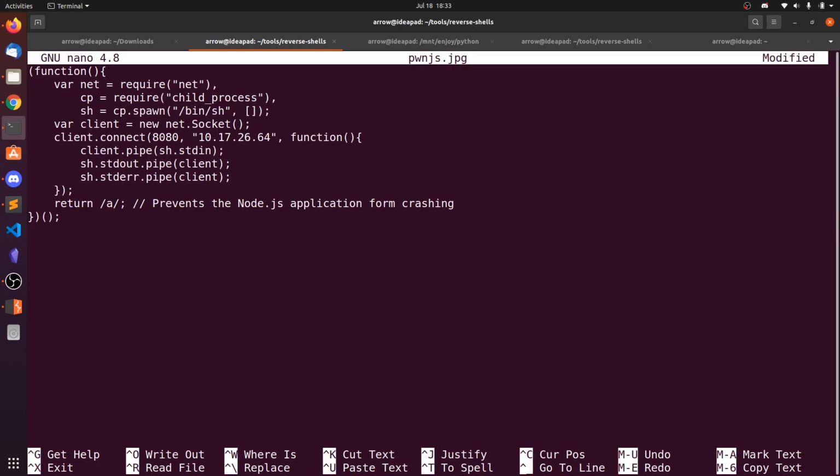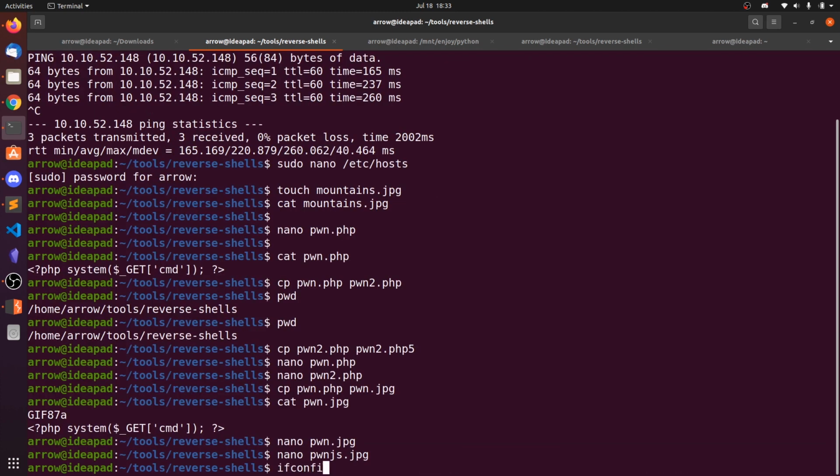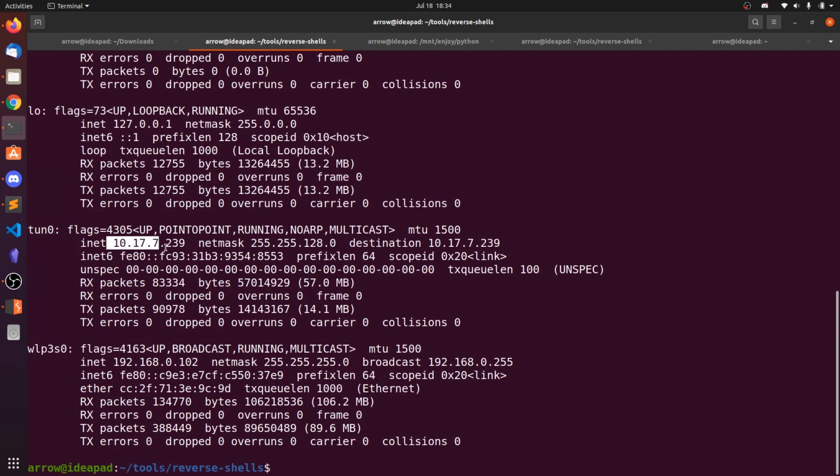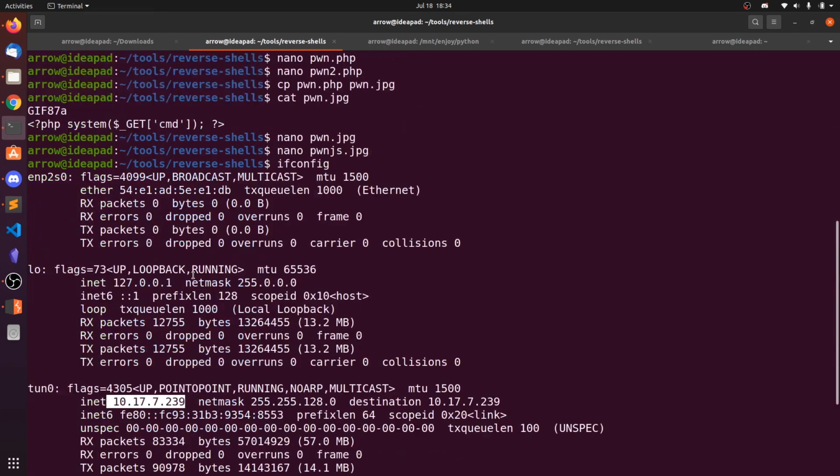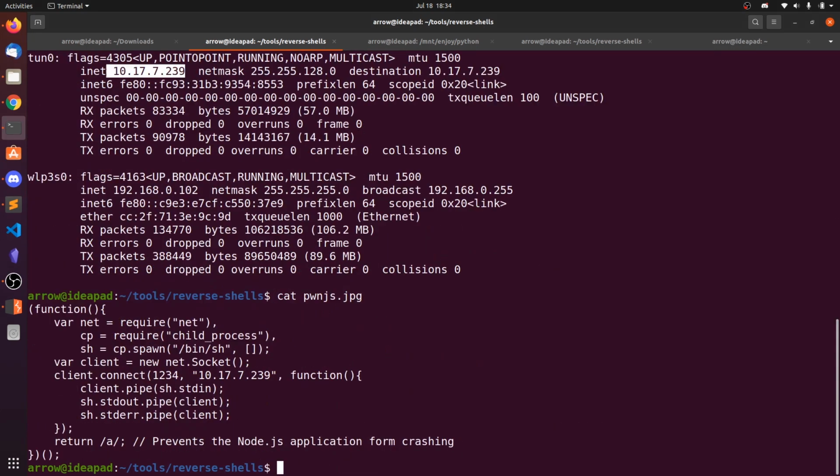Now paste this. So this is the reverse shell, so you need to change the IP address and the port number. Let's say 1234. So that is my 10.0 adapter address. So now our JPG file has been ready.